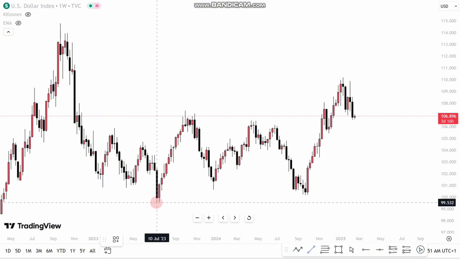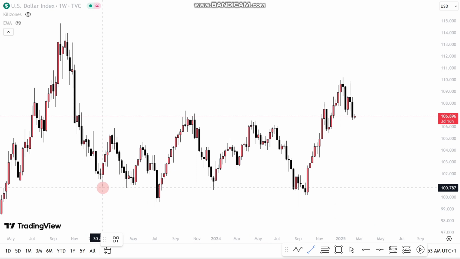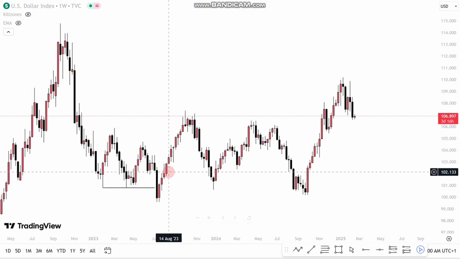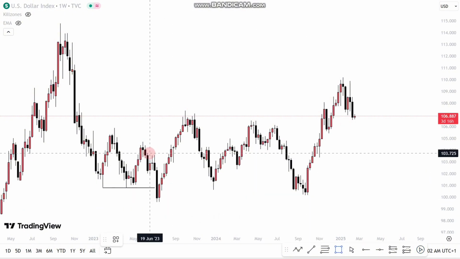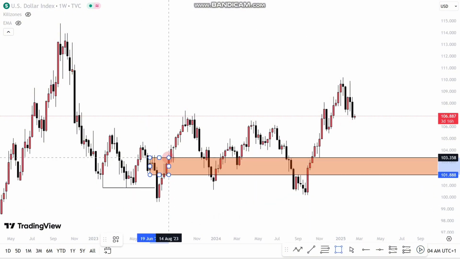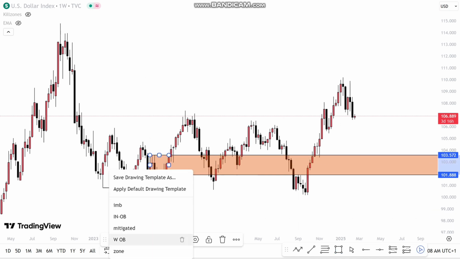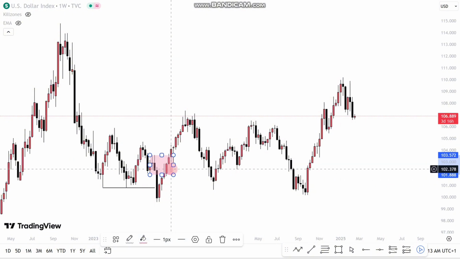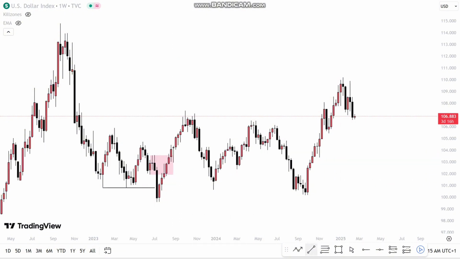Price swept these lows to the downside. It broke this low to the downside, enticing a lot of sellers to start selling this market, and a lot of smart money concept traders are around here selling with their supply area, but that supply area actually failed and price pulled back into it, tapped into it, and caused what? Another major change of character again,